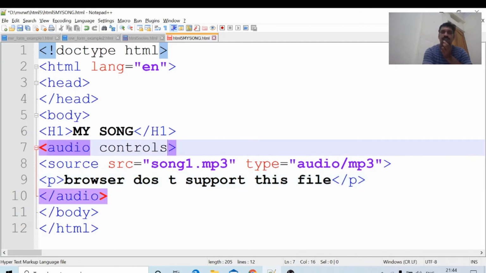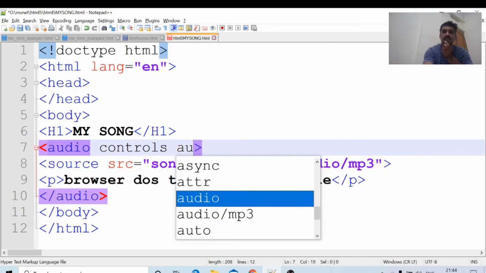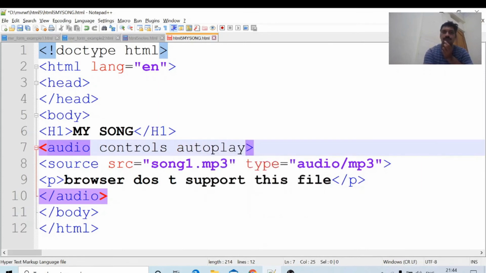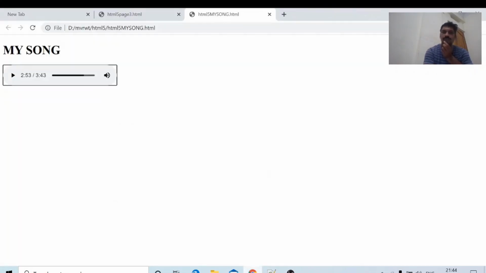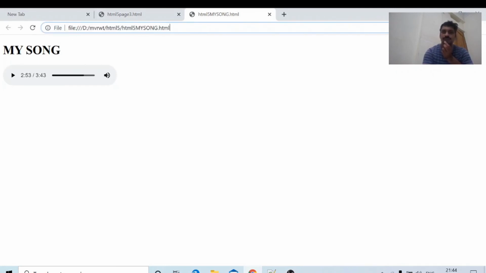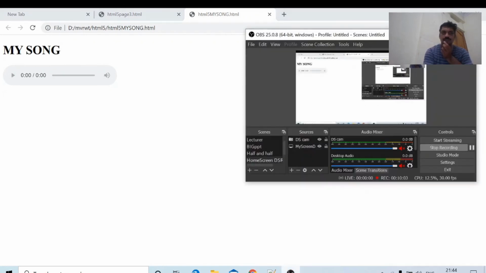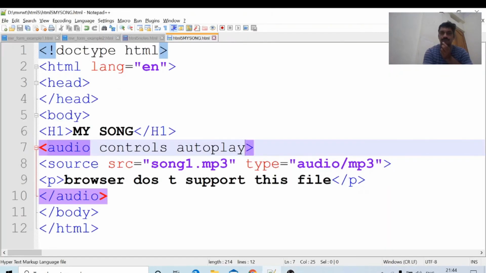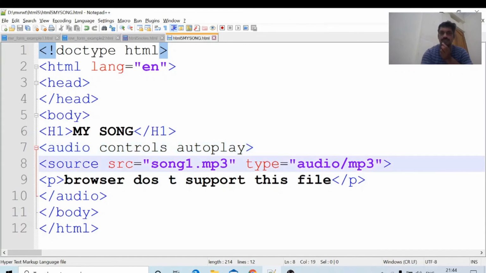Here also some options are there, like autoplay. Let me open this file once again and refresh this page, Ctrl+S, F5. Okay, some problem, it is not working; song1.mp3 is not there.